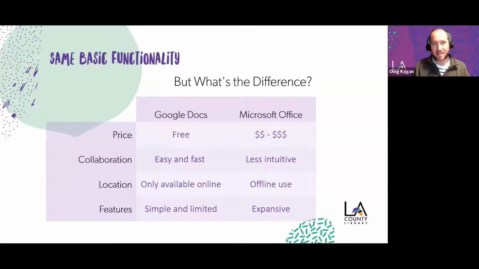Google Docs is completely online. You can have an offline version of it, but you don't download it to your computer; you just use it within your browser. So it's totally browser based. On the other hand, Microsoft Office has embedded Microsoft Office, which is if you're using Microsoft Teams, for example, which